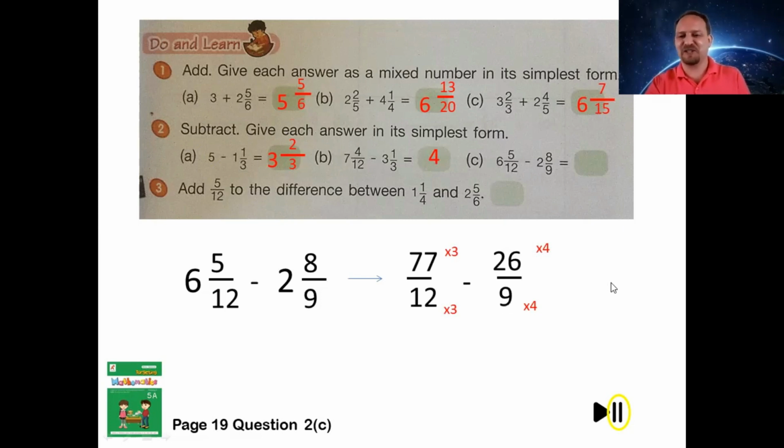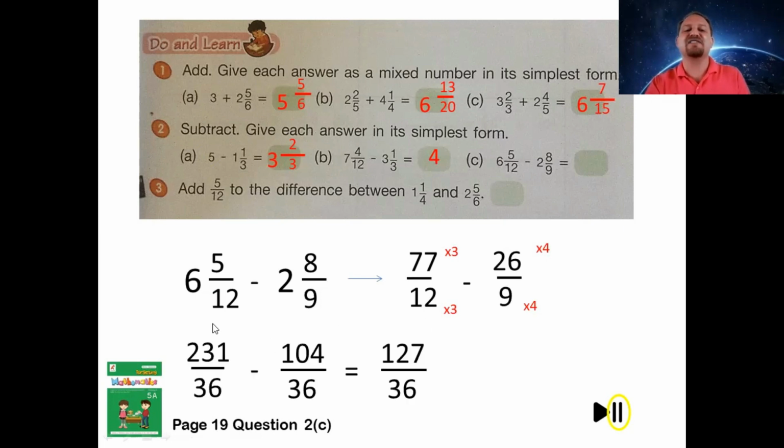So our numbers are going to be a little bit larger now, aren't they? Because our common multiple is going to be 36. 12 times 3 equals 36. 9 times 4 equals 36. So our first fraction, 77 over 12, we multiply it by 3. That gives us 231 over 36. 26 times 4 gives us 104. That's over 36. 231 minus 104 equals